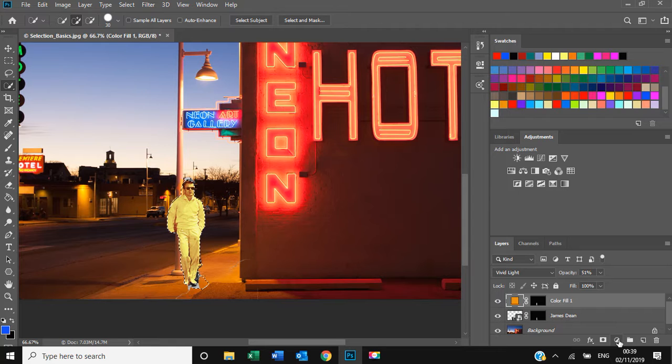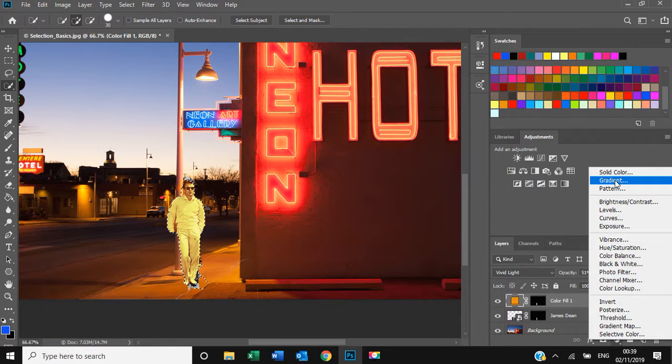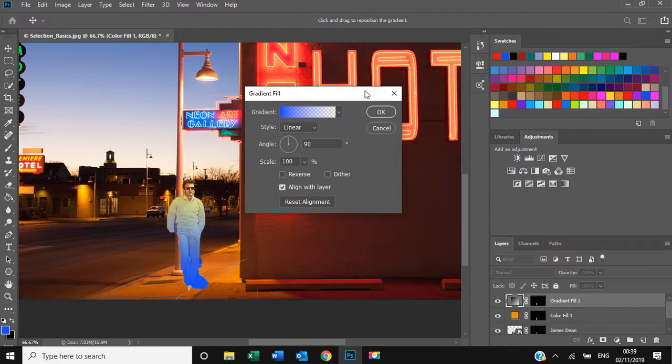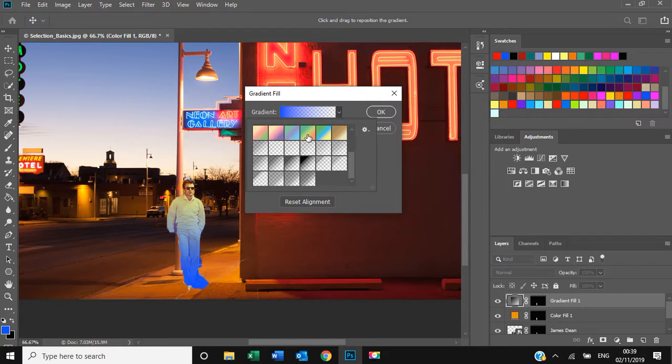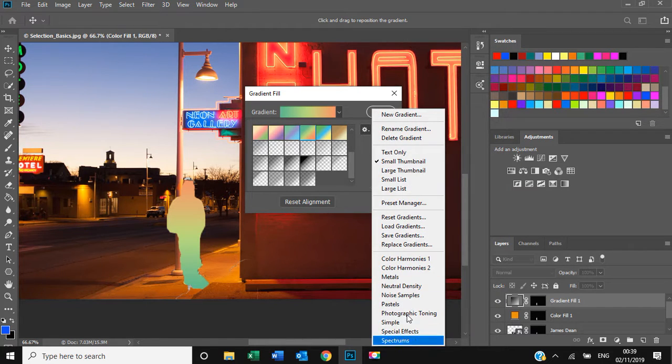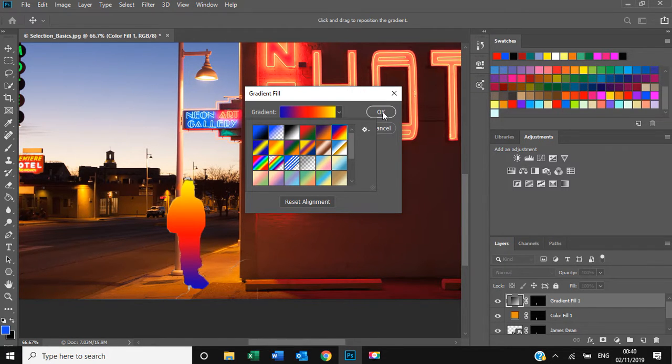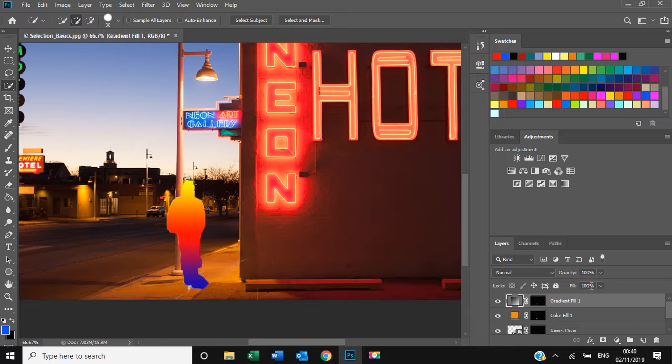So I could instead come over here and choose a gradient. And the gradients are used a lot, as I mentioned, for showing where a light source is. So up here I can choose different shades, and if I click on the settings button here, I can select additional ones and add them to the list I have up here. If I scroll up here, I can choose some of the other ones that are there. So let's say if I did something like this and I say OK, and then there are, oh, I just